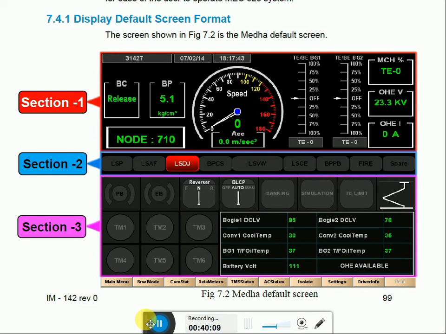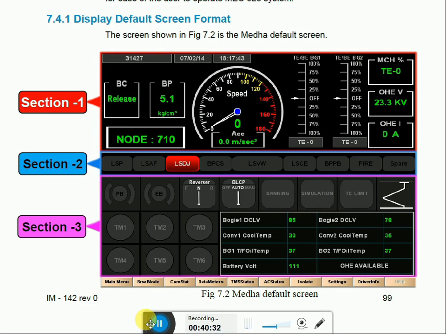Section 1 with the gauges of speedometer, BC pressure, BP pressure we can see, node we can see, tractive effort and braking effort, OHE available, current, how much tractive effort we are giving, percentage, loco number, date, time, we can see in the section 1.